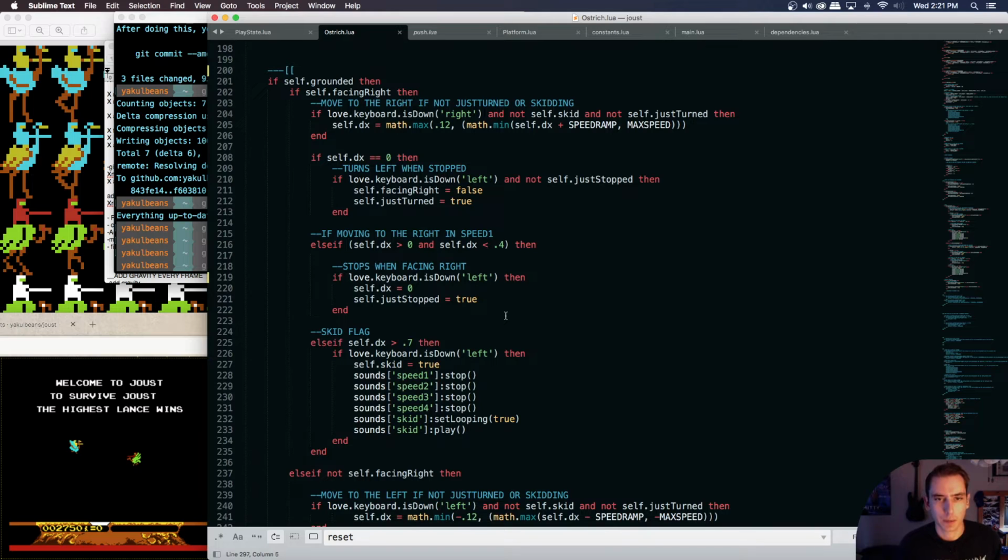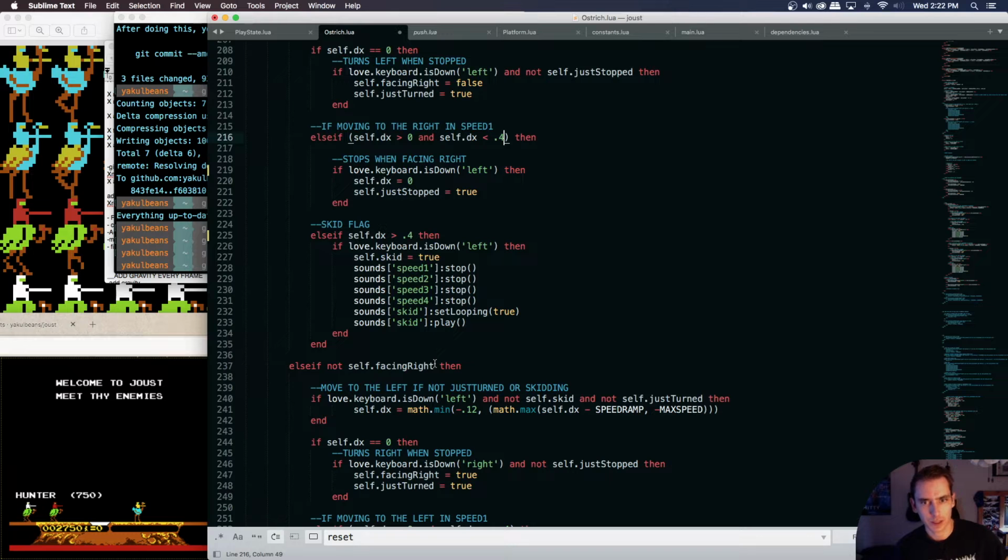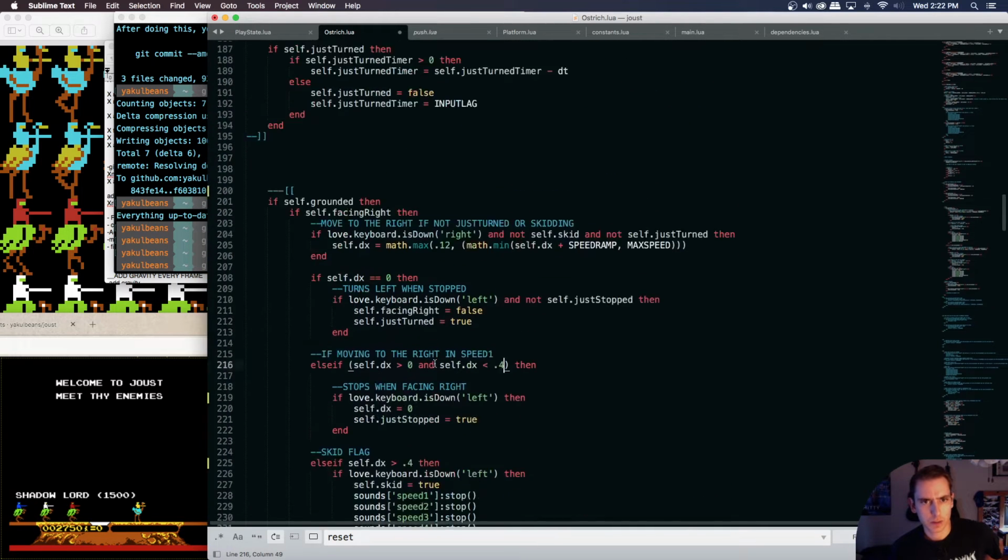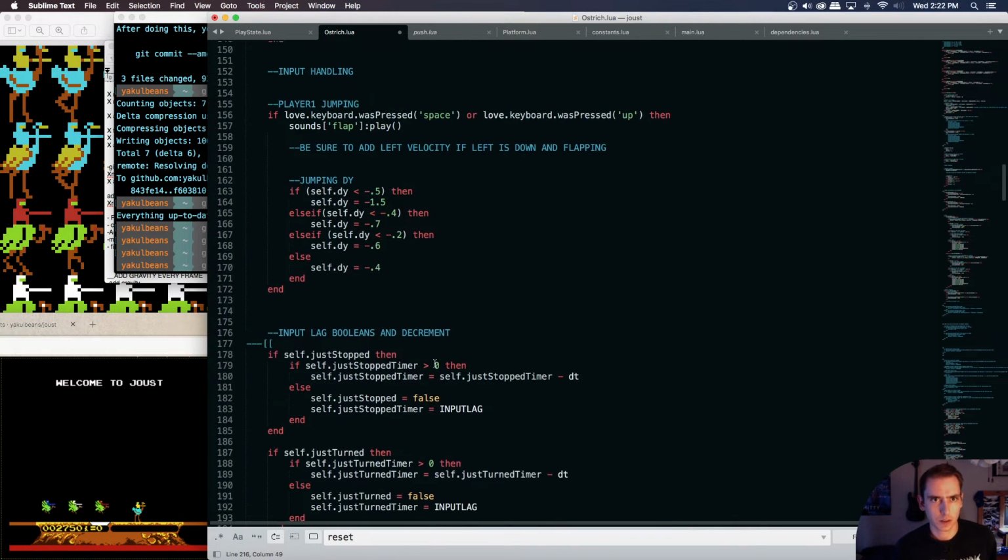Why was nothing happening there? Our dx was points, oh. Oh no. The skid has got to be locked to our 0.4 here. It was 0.7 because I was doing something with the